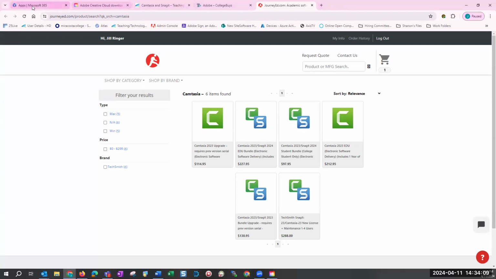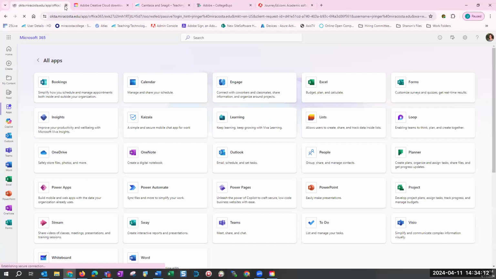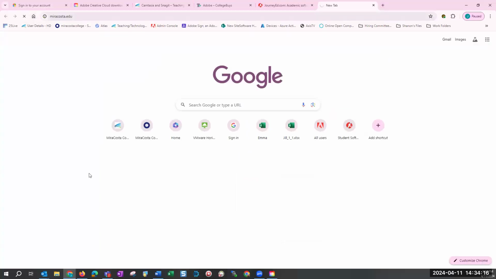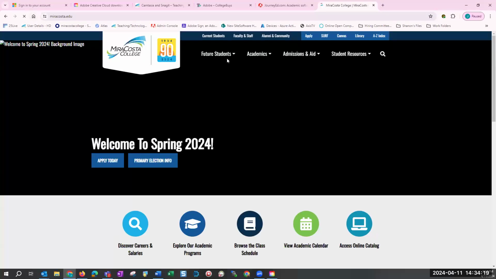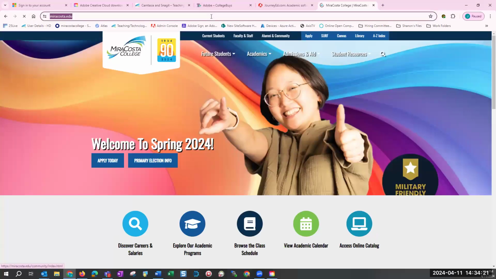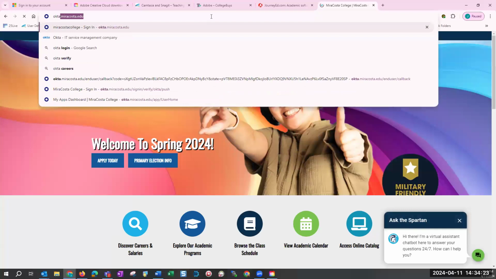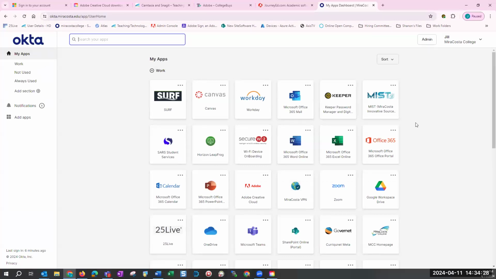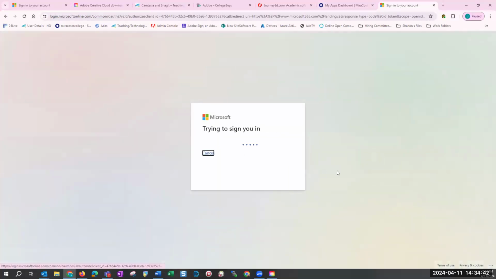So when you go to, and I'm going to go the whole way, meaning that I'm going to go from Okta. So I'm going to go to okta.miracosta.edu. And in Okta, I'm going to look for this Office 365 portal. And when I click on that, it's going to give me the normal portal that you saw earlier where I was.